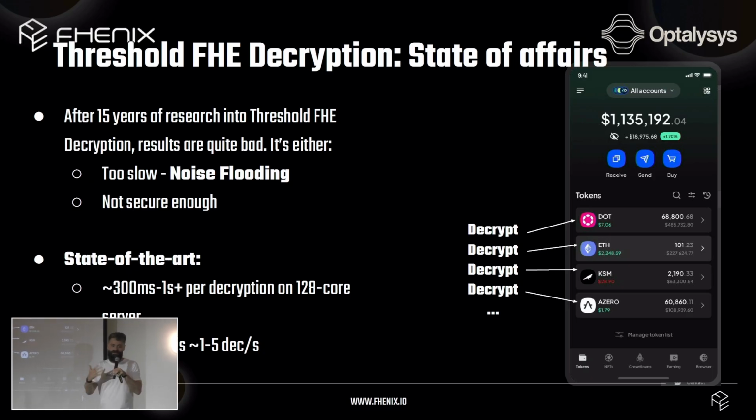If we have a thousand of these users, we have 10,000 decryption requests. And if we have even five decryptions a second, which is a best case scenario, it will take around half an hour, maybe more, to decrypt everything. So half an hour to get a balance of my encrypted token, that doesn't sound right. So